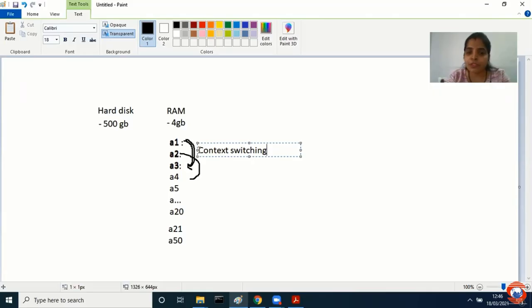But sometimes my machine also gets hanged. It is because your RAM is full and your processor is taking so much time from switching of one application to another application, and that's the reason your processor becomes slow. इसलिए आपका machine hang होता है.